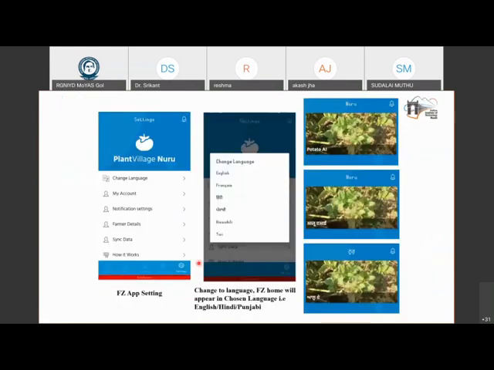So I'll just go through it a little quickly. The idea is it started off in collaboration with Penn State University, and now this app has changed considerably. It doesn't look like this anymore. It's a lot more intuitive. But these were the initial phases of it, where we then had to develop this potato AI artificial intelligence model, and we put it in different languages. So that was also a major challenge. So this is Punjab, this is English, then there is Hindi, and then there is Punjabi. So we got it in 3 languages for the 3 states.